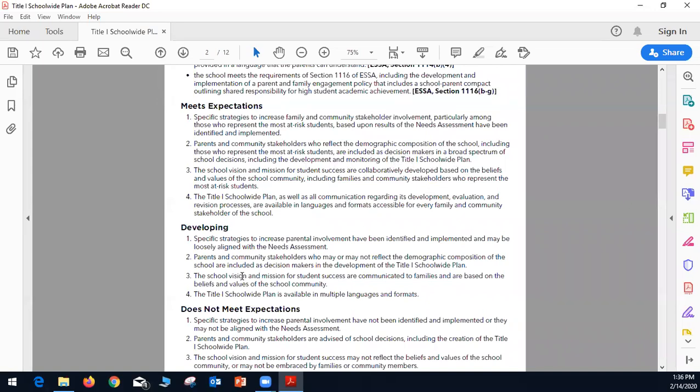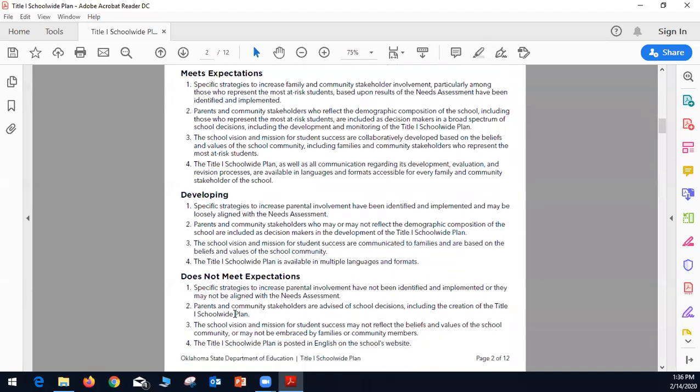If it's under development, then the plan will describe how parents and community stakeholders who may or may not reflect the demographic composition of the school are included as decision makers in the development of the Title I school-wide plan. If the plan doesn't meet expectations, then the parents and community stakeholders are advised of school decisions instead of being included in the creation of the Title I school-wide plan.